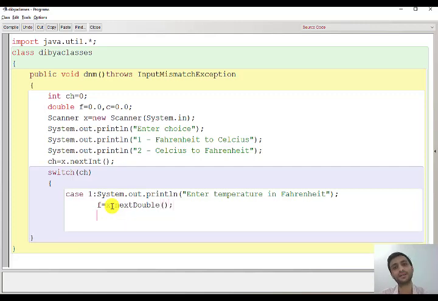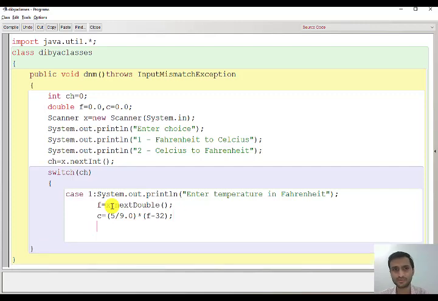And now we'll calculate. So the formula for Celsius is C equal to 5 by 9.0. I am giving .0 because if you write 5 by 9, the value will become 0. Integer, when both are integer, answer will also be integer. So I will make it mixed mode, or you can also make it in real mode. Into F. F is what? F is the temperature in Fahrenheit. Minus 32. Okay, clear? So now the Celsius will be calculated.